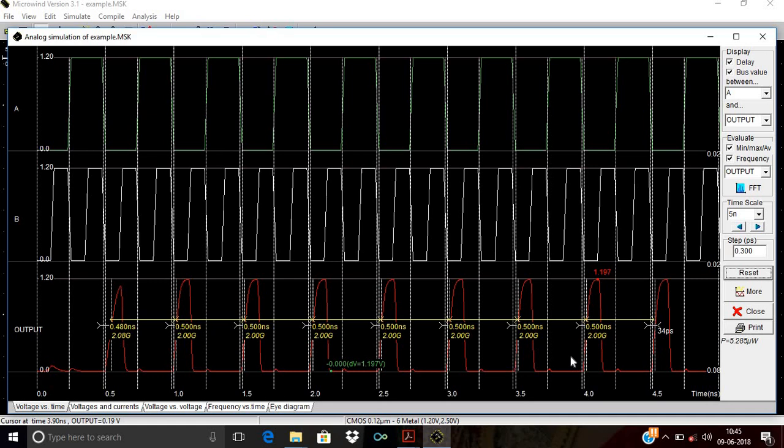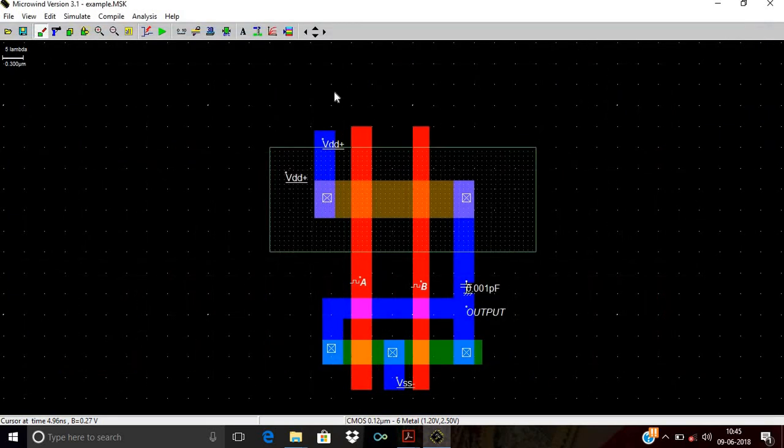It means as we are increasing the value of load capacitance, our power consumption is also increased and our rise time is also going to be increased. This effect is very important. We have to minimize the load capacitance while designing the circuits. Okay, in this way,